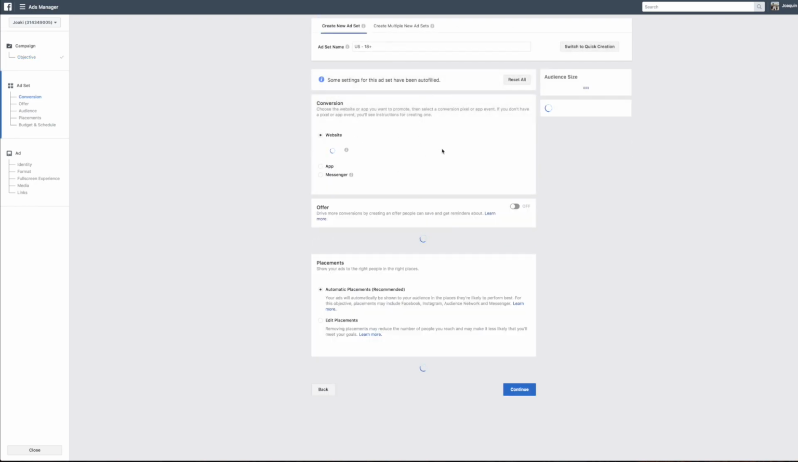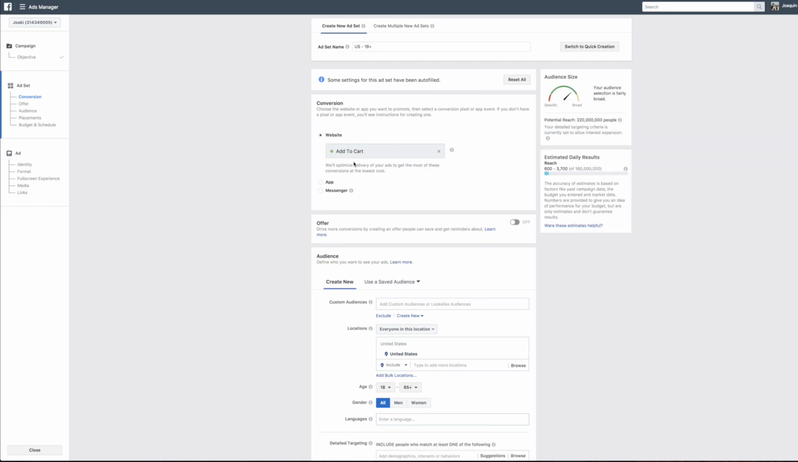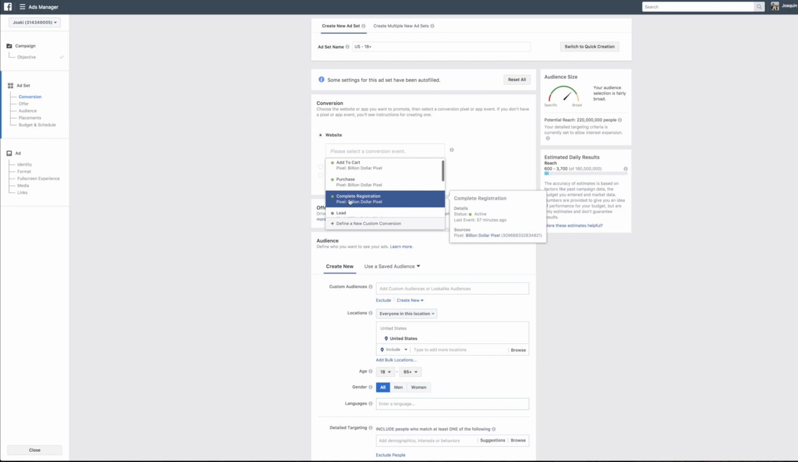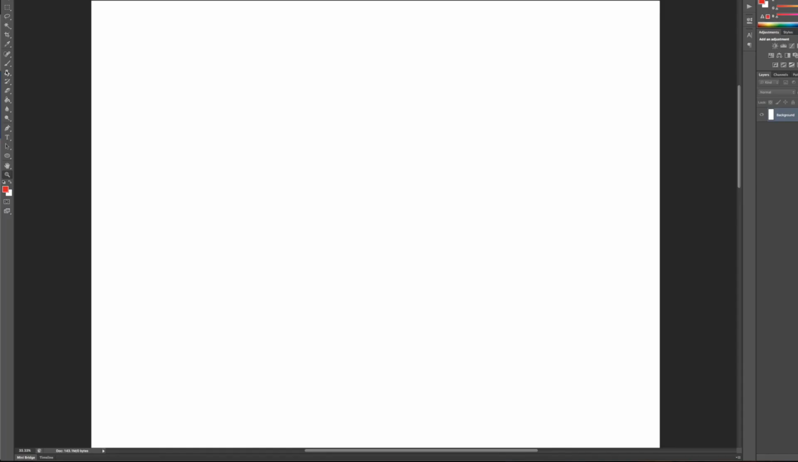And once we hit optimize for conversions, it's going to ask us here, what do you want to optimize for? Do you want to optimize for add to cart, or do you want to optimize for complete registration? And guys, when it comes to building out the advertisement, let me open up Photoshop here. All right, we're back in Photoshop. So guys, when you're going to build the advertisement,